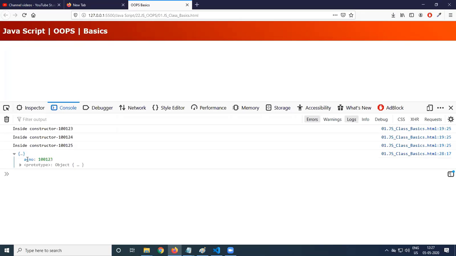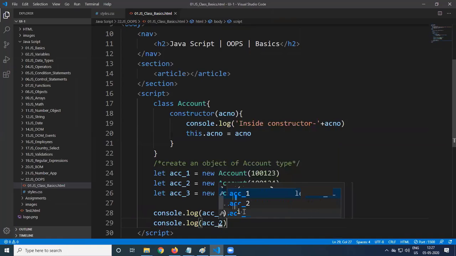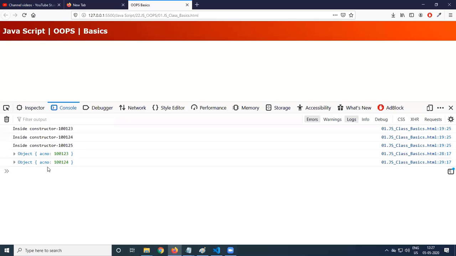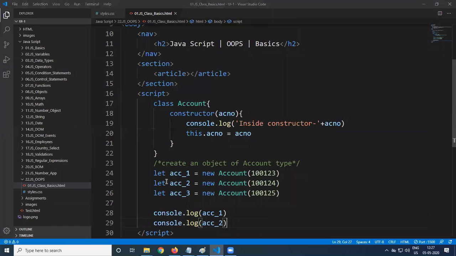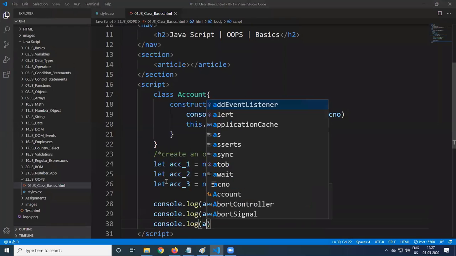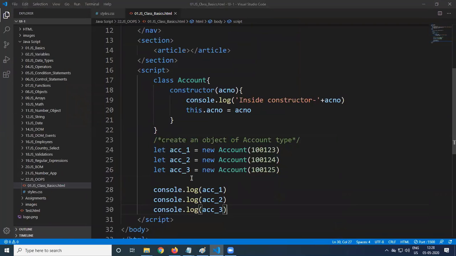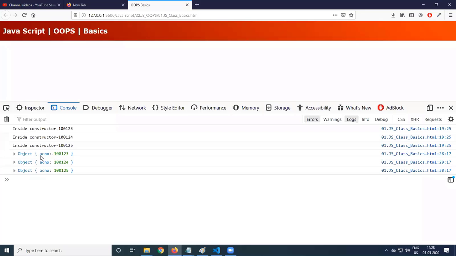The second object we display with console.log acc_2, and its account number is different. Each object has its own state and behavior. State means member data or properties, behavior means functionality.